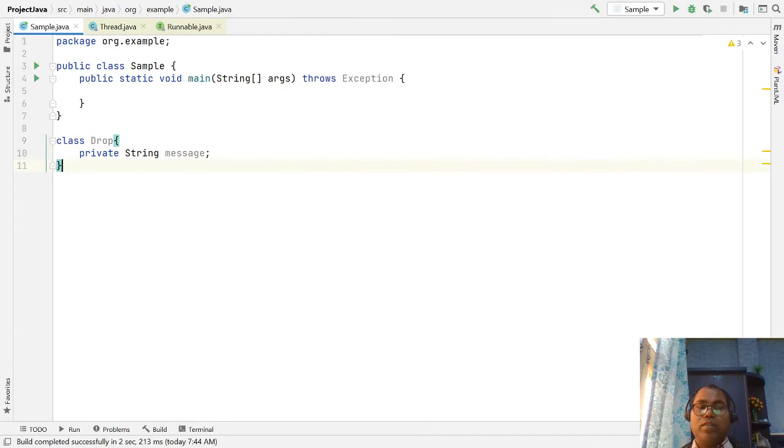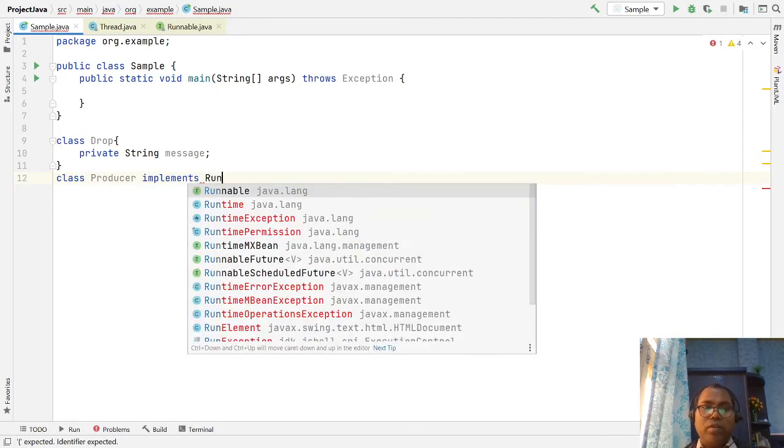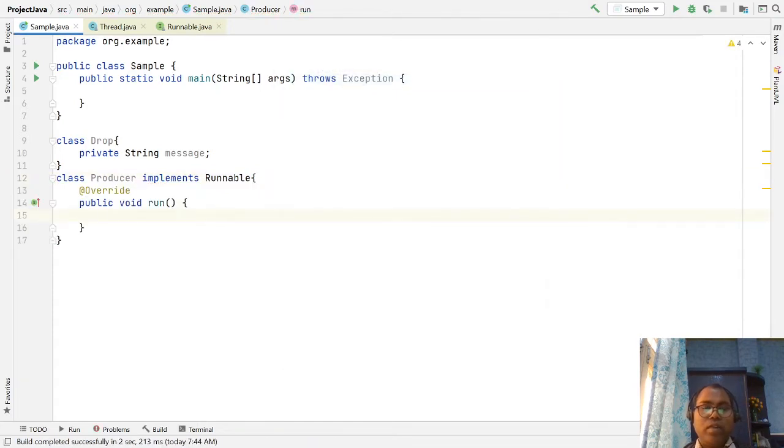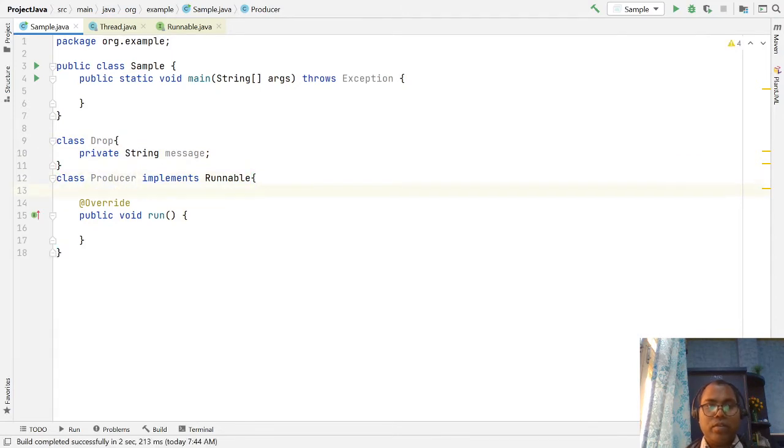Now we write a class Producer that implements Runnable. Here the producer just produces some messages, and it needs a Drop, the shared resource.